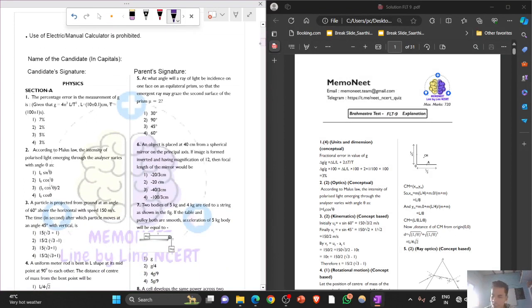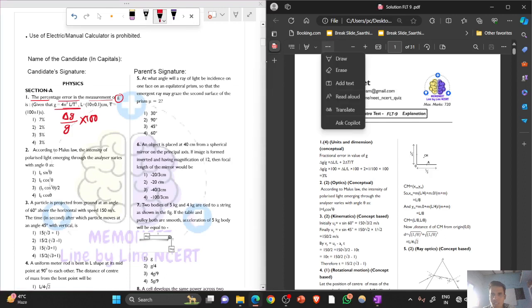Okay, as you can see, your first question asks the percentage error in the measurement of g for the given formula. You just need to calculate the percentage. You know the percentage is given by delta g upon g into 100. You just need to calculate this value. Now, moving to the solution,